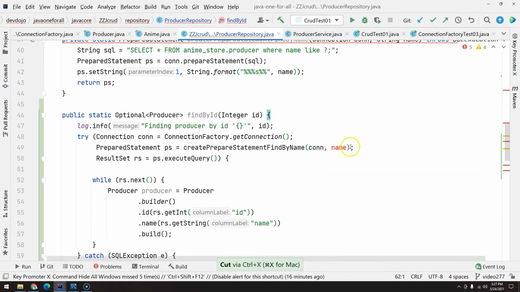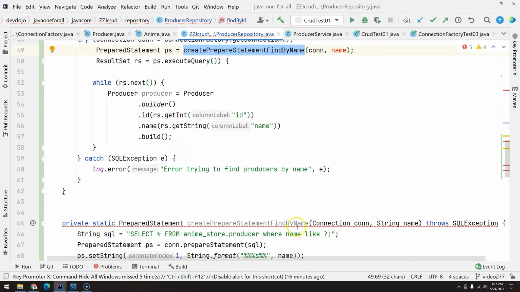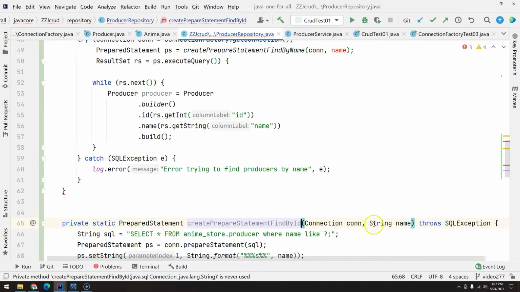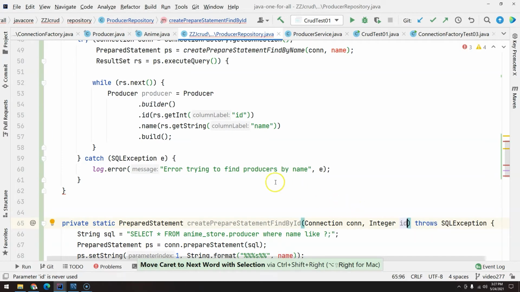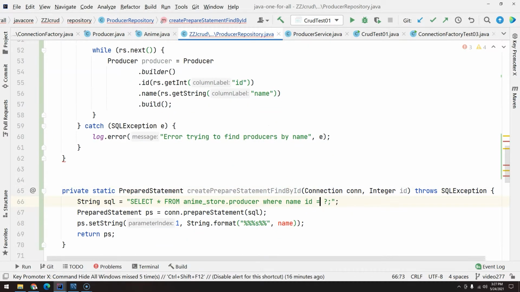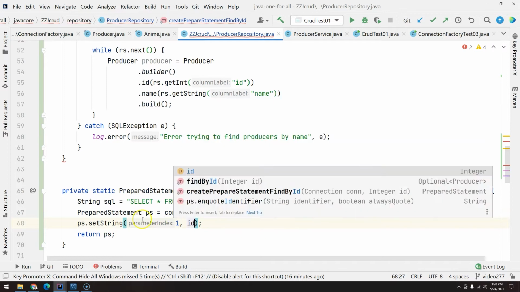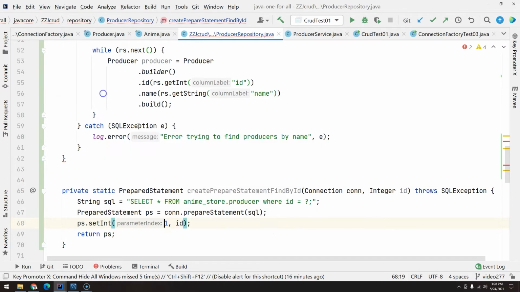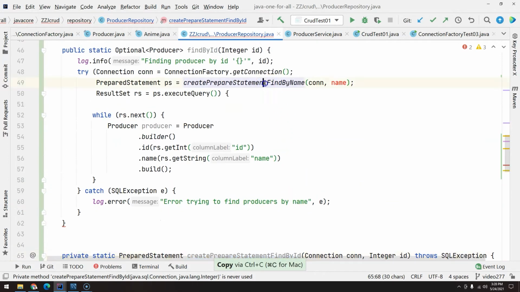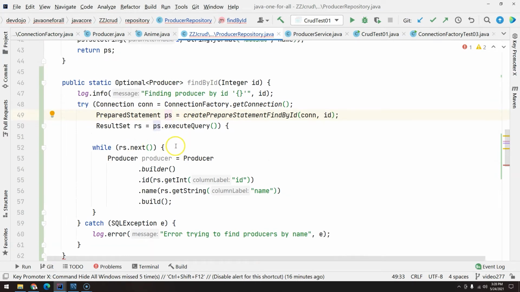the return here, and let's work on the create statement find by name, because now it will be find by ID and then integer ID, where ID equals. Select this producer where ID, okay, and here we pass the ID and then set int. Cool. So now copy this one, replace here, pass the ID, the same result set, but the difference now is